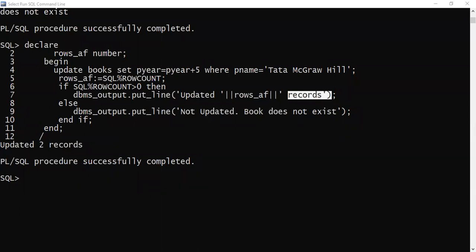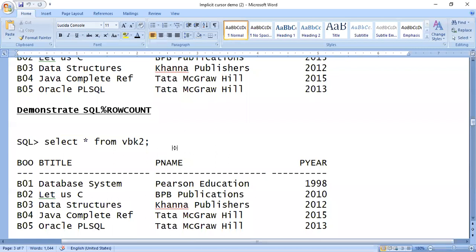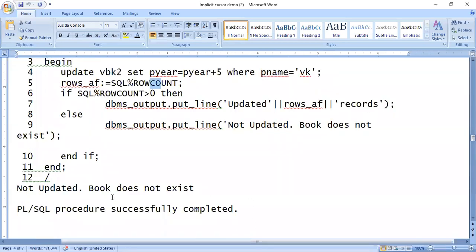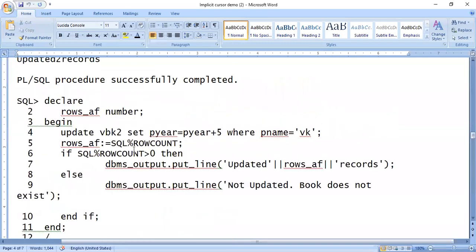When I have given the publication name as VK, my row count will return 0 because there is no publication by the name VK. And then, because row count is not greater than 0, it will go to the else part and it will show 'Not updated, book does not exist'. Got this?